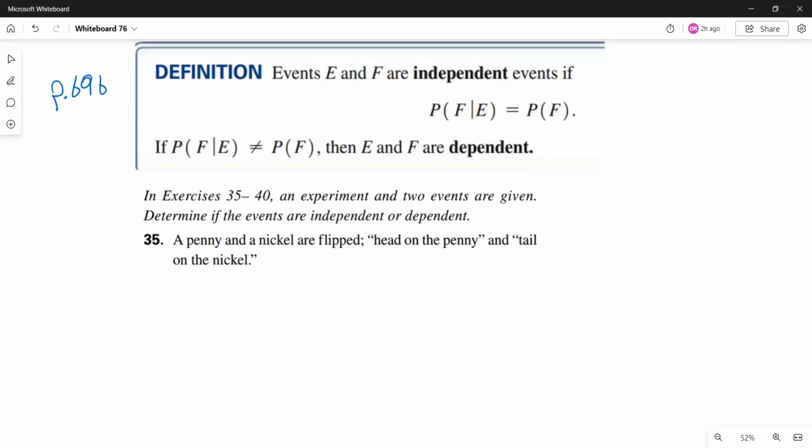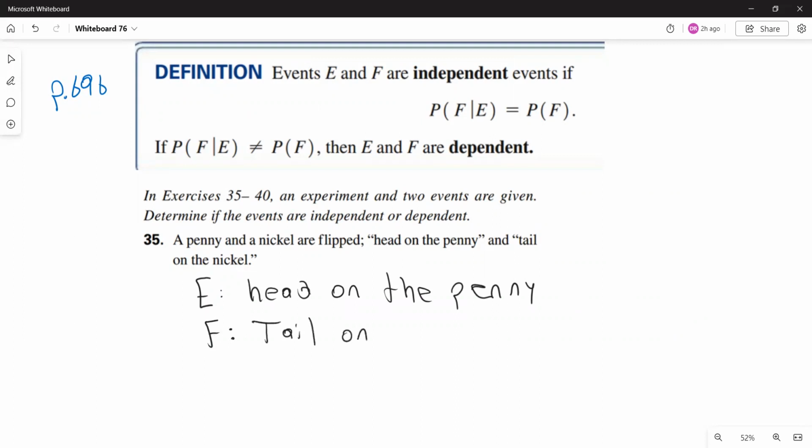Event E, we're going to call this head on the penny. And F, tail on the nickel. So it looks like these are going to be independent. The outcome of one coin should not be affected by the outcome of the other one. But let's verify with